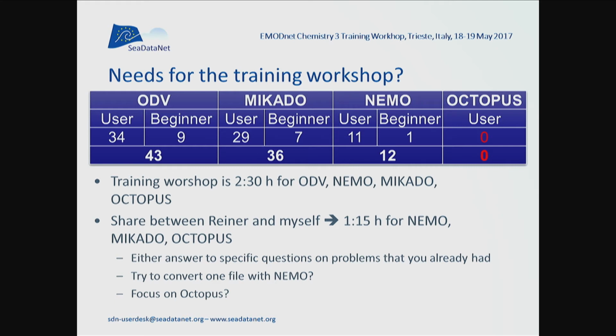For ODV, 34 people say they are good users, and 9 are beginners. For Mikado, 29 say they are good users, 7 are beginners. Nemo, only 11 users and 1 beginner. And Octopus, there are no users up to now, but the tool was released only in February this year, so that is kind of normal.